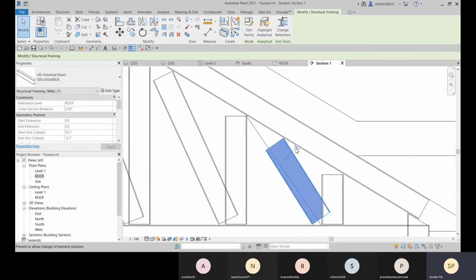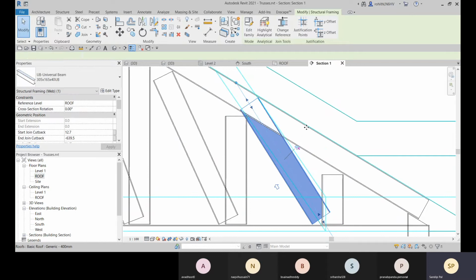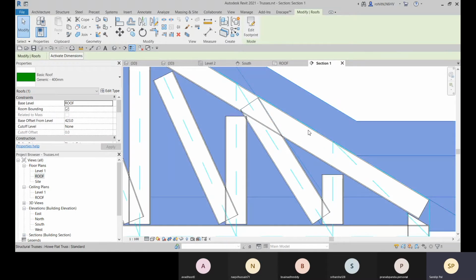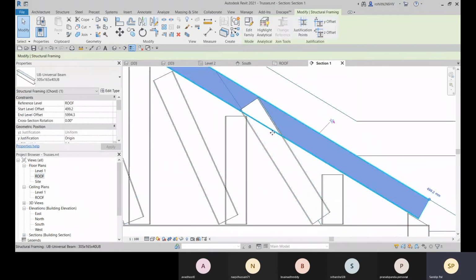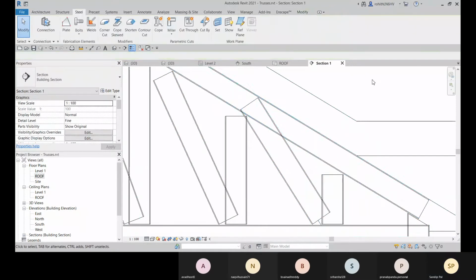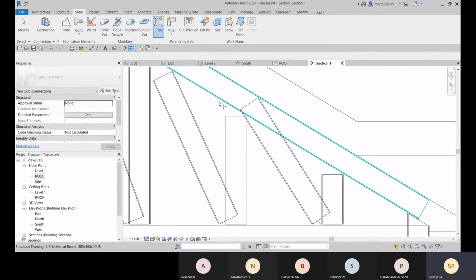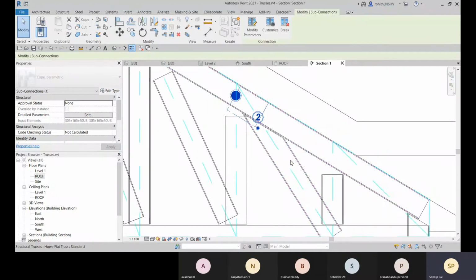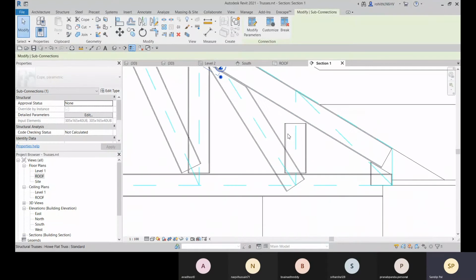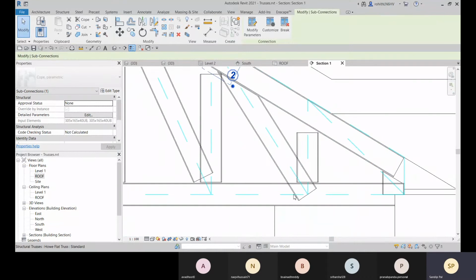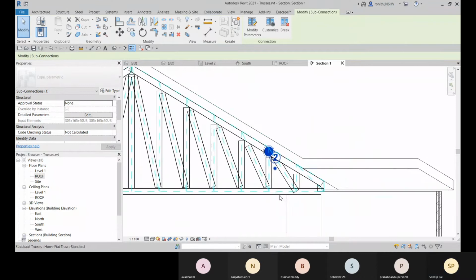Press tab, then select, unpin it, and then stretch it out. Okay. So if you are stretching it out, again you have to select this with tab and then unpin it, and then go for the scope option, select it, and holding control, select this, and then press enter, and there it is. Okay. And you have to do the same for this side also. So this way you can do it. Understand? Do you understand what you have to do for these trusses?